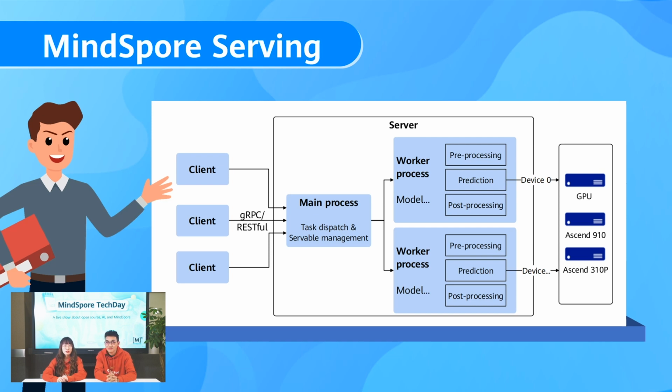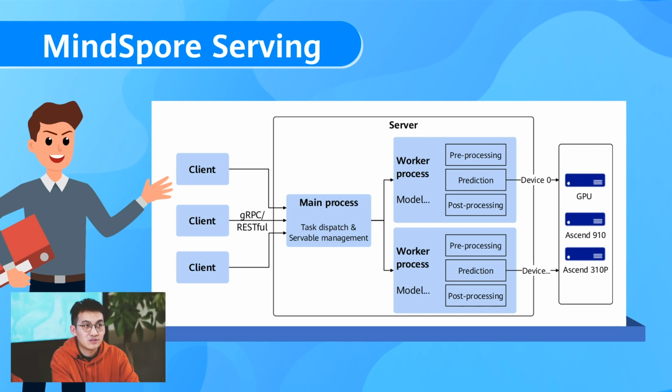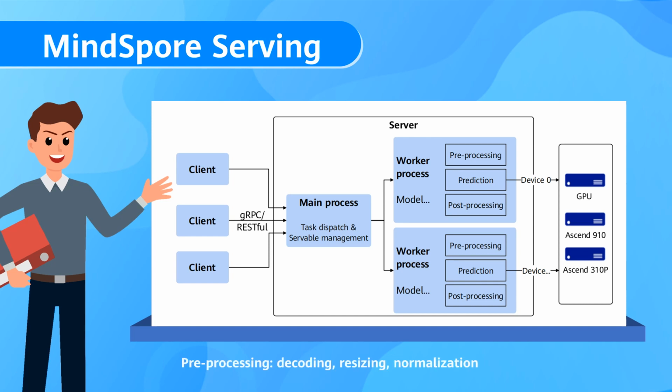Give me a moment to think about it. I'd like the service to take an image as input and output the most likely animal in the picture, as well as the top 5 most likely animals and their probabilities. Okay, so you have two subtasks with the same pre-processing but different post-processing. That's right. One is for the top category name and the other is for the top 5 categories and their scores. Then we can represent this service using a flowchart like this.